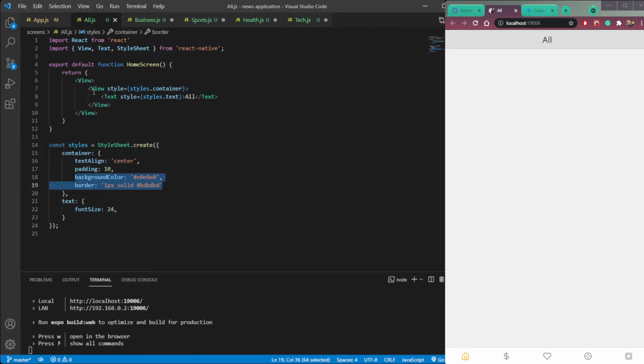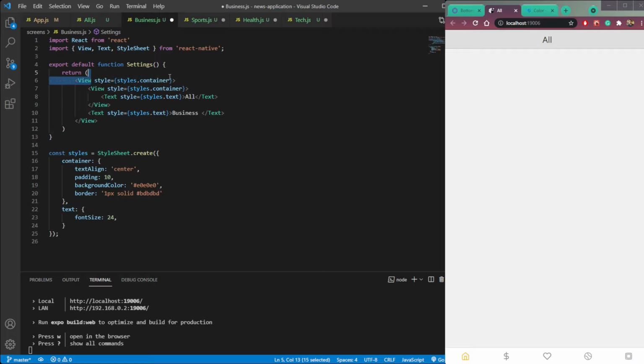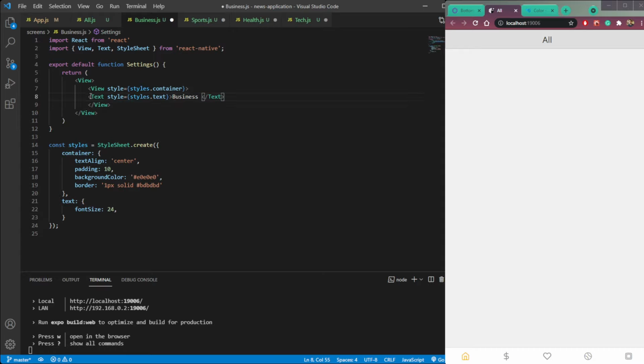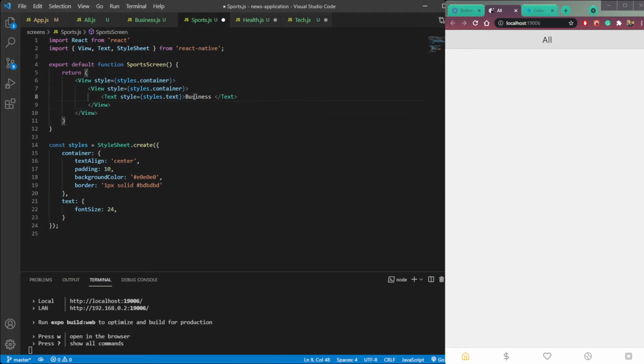Also we need to make this all change. So copy this view and paste it here. Remove the styles from the original view. Then replace this text of business with this text of all. Let's do that for all the other components or screens. Inside the sports we will use this view, so remove the view and make it sports, then also remove the style container here.